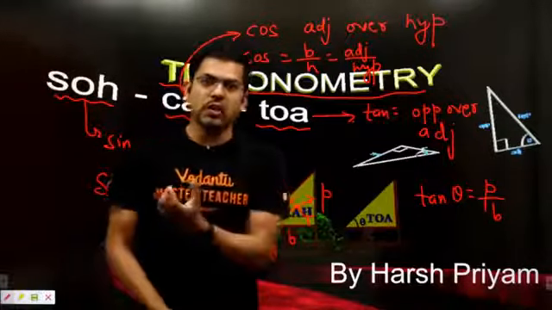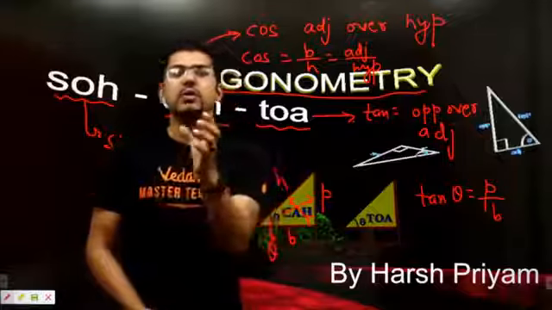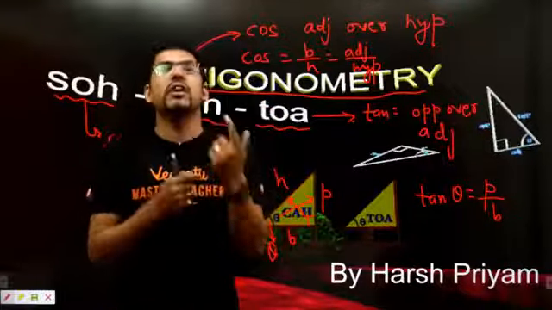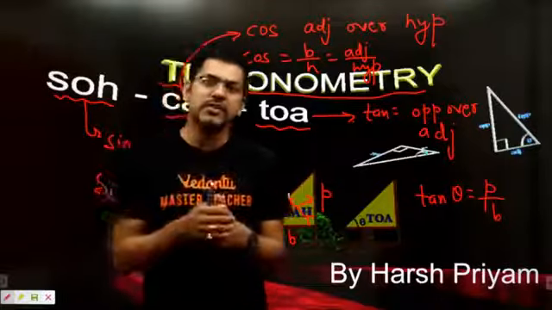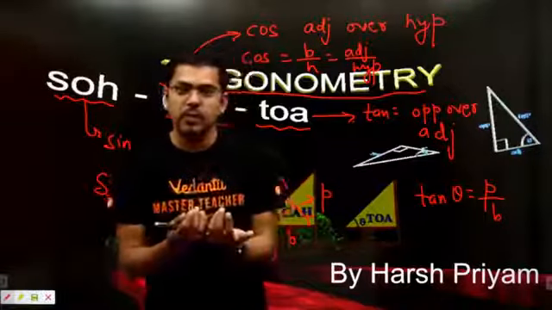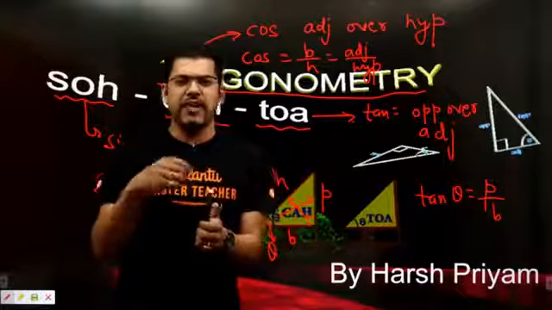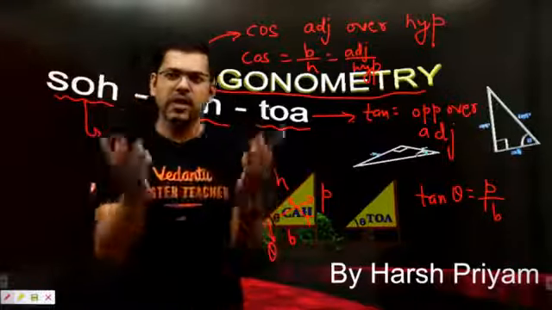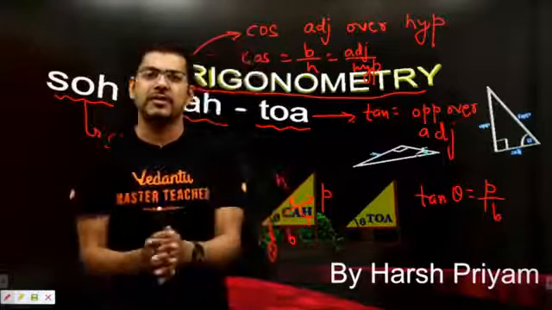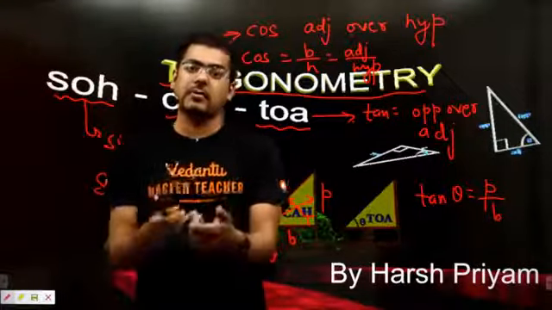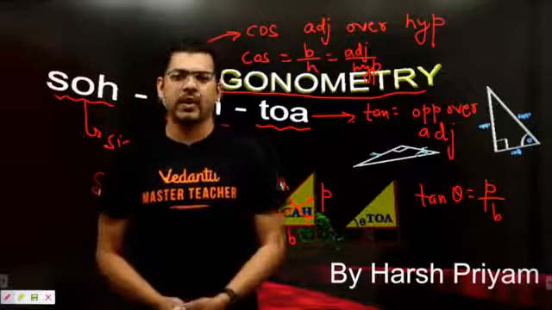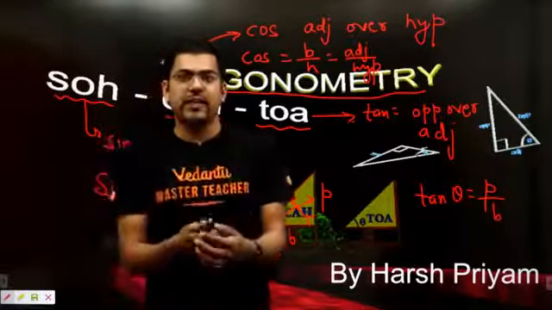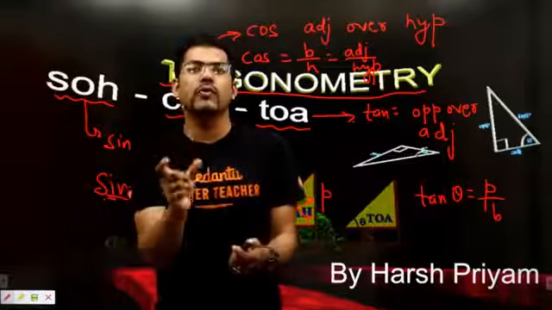So the overall thing revolves around only one thing: if you want to get this trigonometry clear, first you need to love this chapter. And how will you love this chapter? What will make you love this chapter? If I say, come on now, just start loving this trigonometry, just feel that yes, you like trigonometry very much, it won't happen. It won't happen in the next moment. It won't happen like that. I know, because you don't like it.